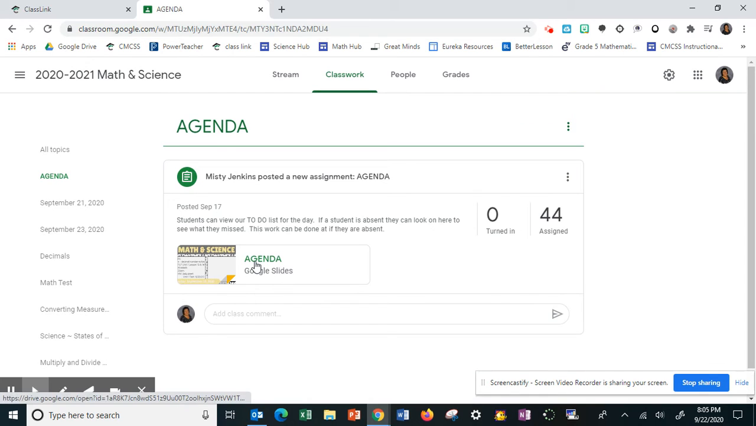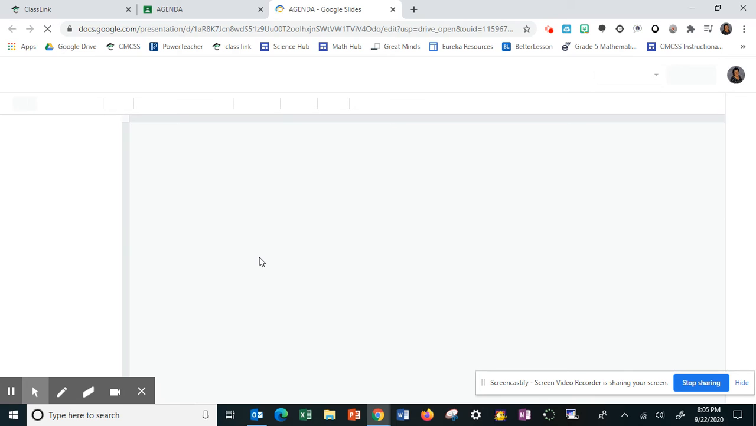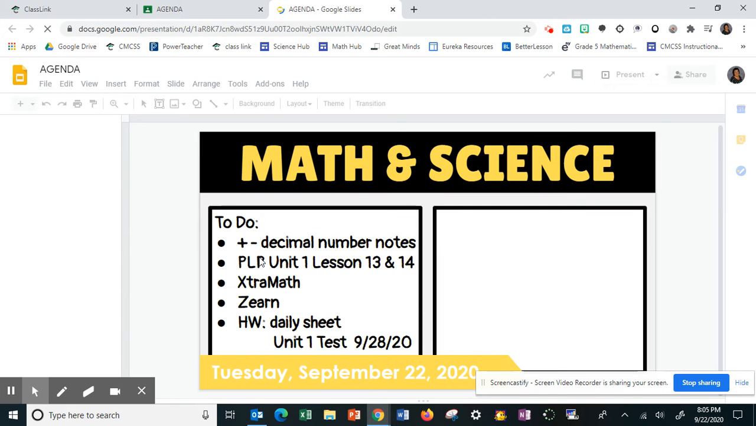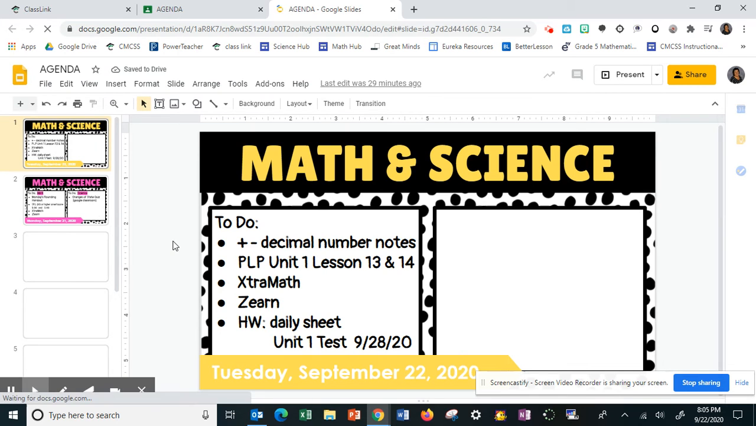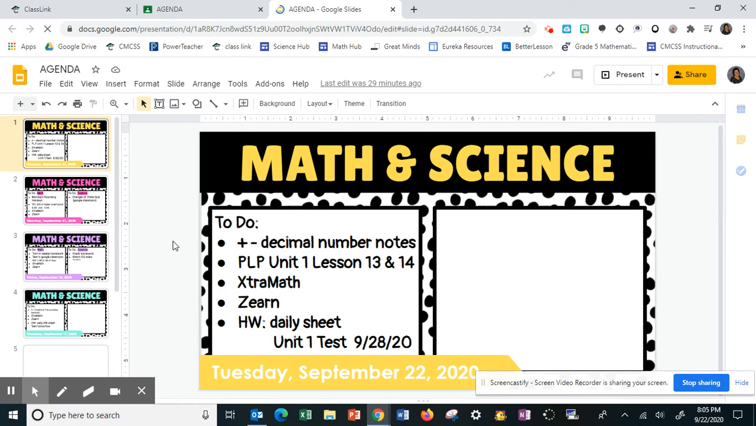And then it pops up right here and tells the students that if they happen to be absent, they can click here. And this is an easy way for them to figure out what they missed at school in their math and science classes. When students open this, you'll see the slideshow and it at the top says math and science,